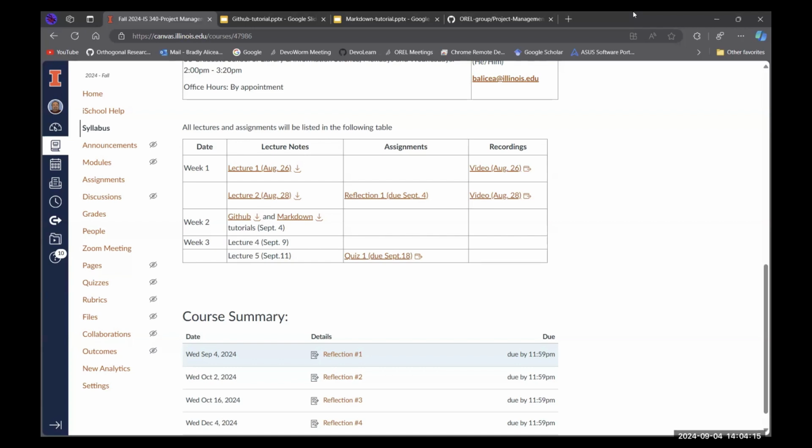So quiz one will be on this GitHub repository that I said we're going to have. I actually sent out some invites to people's Illinois email addresses. I don't know if people have seen them. If you could accept those and join that organization, this would facilitate what we're going to be doing throughout the term. We're going to be doing three assignments in the GitHub repository. If your GitHub account is not associated with your Illinois email, then please let me know and I can send you an invite for that email.